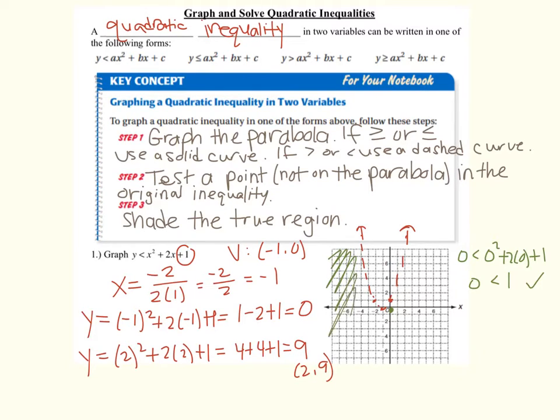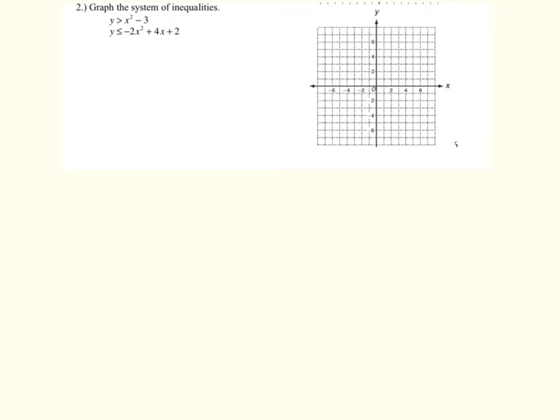So that means that my shading goes here. And that's my completed graph for the inequality y is less than x squared plus 2x plus 1. Graphing a system of inequalities is the same process. So this top one